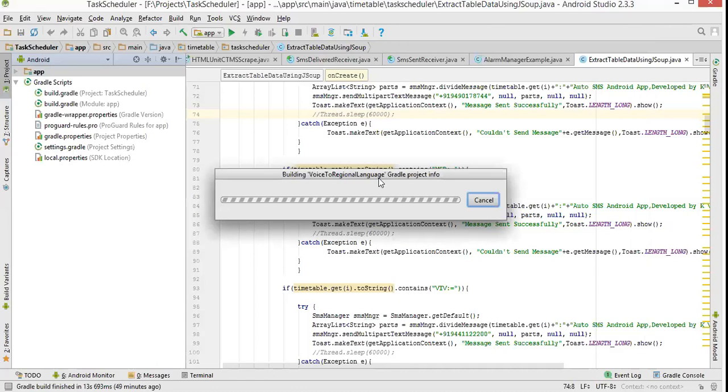As you can see, it is building the voice to regional language Gradle project info. What does this Gradle mean? It is the configuration script required for running your entire Android app, because all the dependencies and packages must be linked up to run your Android project.